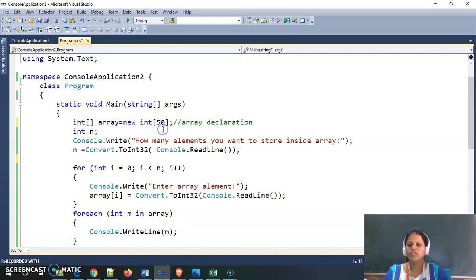Now if I am storing only 10 elements inside this array, then from the 11th to the 50th, 40 elements' worth of memory will be wasted. So this is the drawback of static memory allocation for an array, and because of this we go for dynamic memory allocation.